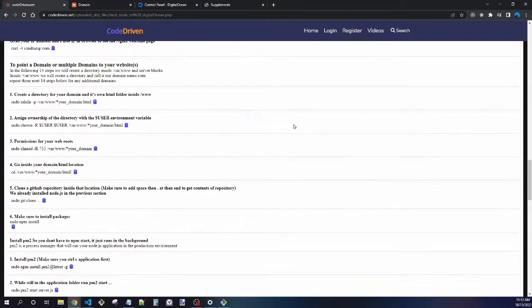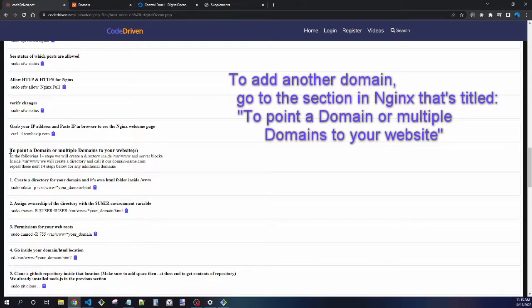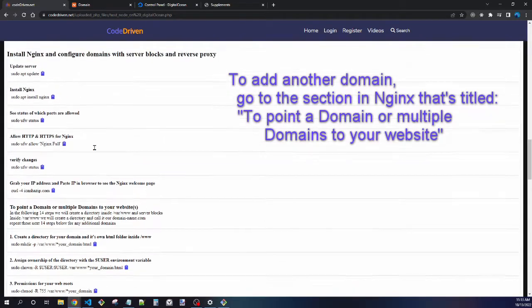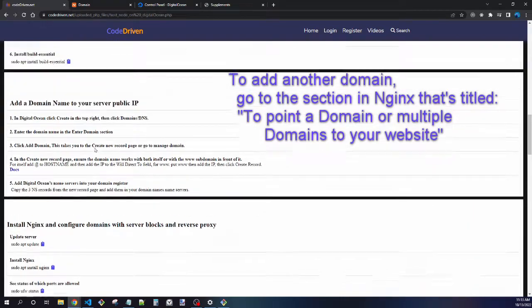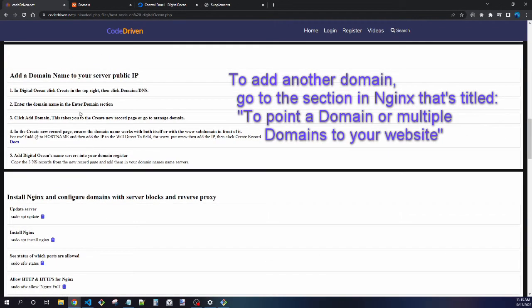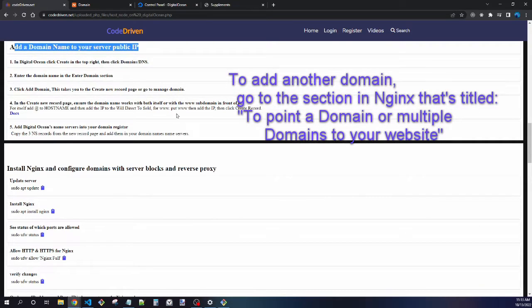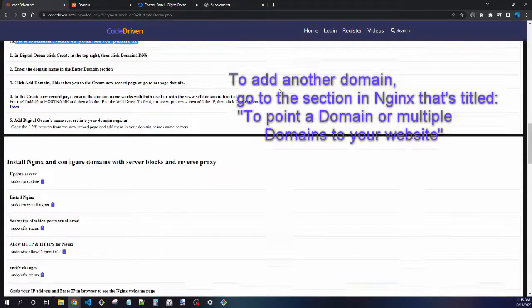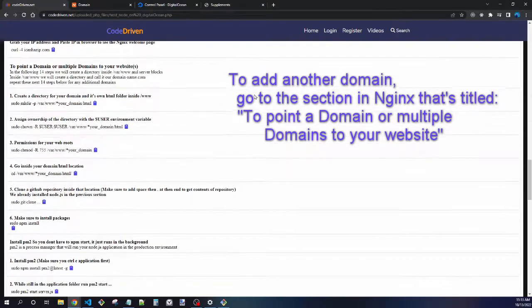So if you ever want to add an additional domain, not just like a subdomain, a real domain, all you would do is go right here to, let's see. Well, of course, you want to repeat and add the domain name to your IP. So add another one and just repeat those same steps in your DigitalOcean. But then you would just scroll down to,